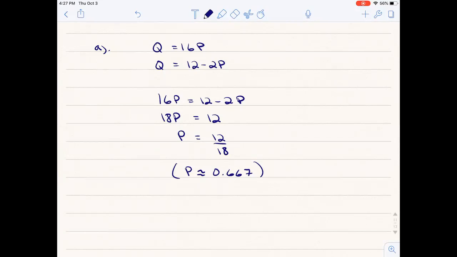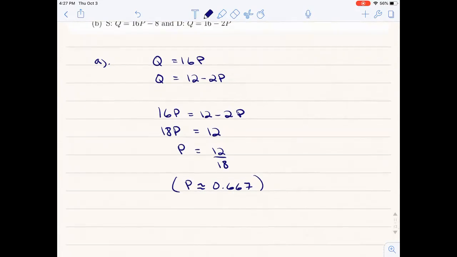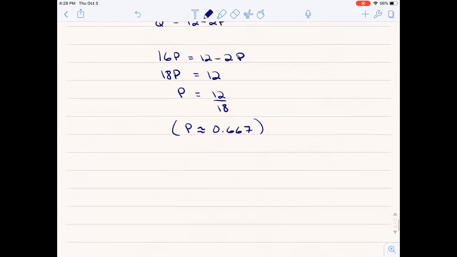Because I'm pretty sure I asked you to leave it as a fraction, which means we have to use a fraction when we're solving for q. But it's not that bad, right? Because we can use either of these equations. Q is 16p or q is 12 minus 2p. We would get the same answer because we force them to be equal and then we solve for p, right? And so solve for q,